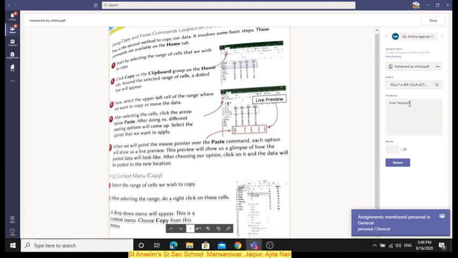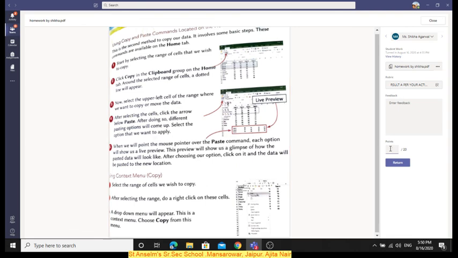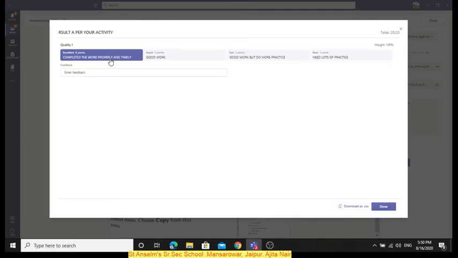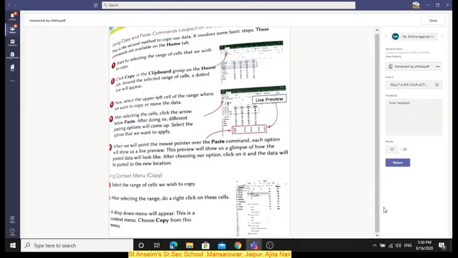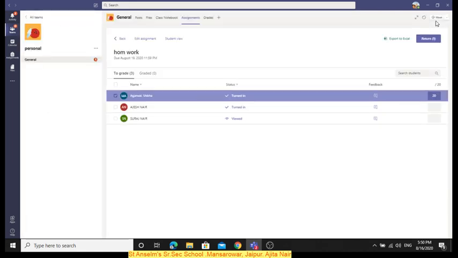Okay, and now when I have seen this, I have given a point here. Suppose I have given him 19. Okay, he is getting 19, and here I can select any of the rubric points whichever I want to give to the child. Okay, done. The child has been given excellent and the feedback is also given to them. So in this way I can give a point and all this.